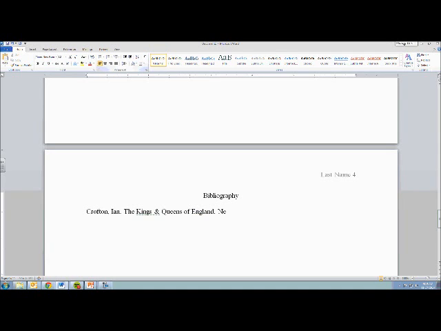Then you're going to have publication location, publisher information, and the date. And don't forget to italicize titles. If you are doing an article,